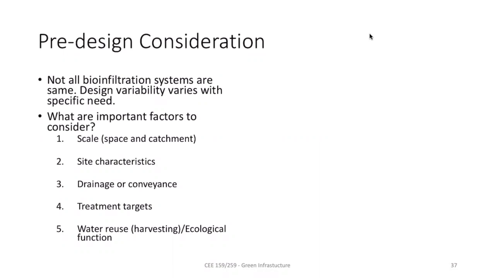So these are the five factors that you have to remember. The first one is the scale. Scale means how big the biofiltration should be. And that scale depends on how much stormwater is designed to be treated. That amount of stormwater, the runoff volume, let's say the Q runoff, or the volume of runoff that you want to